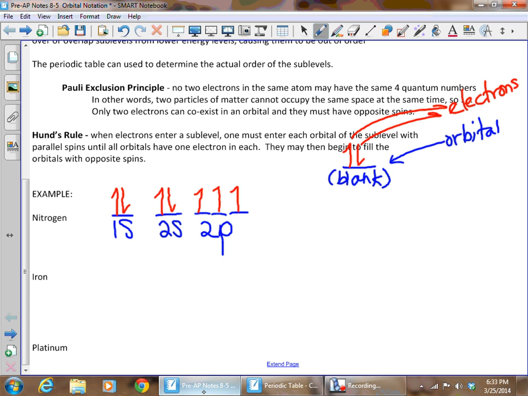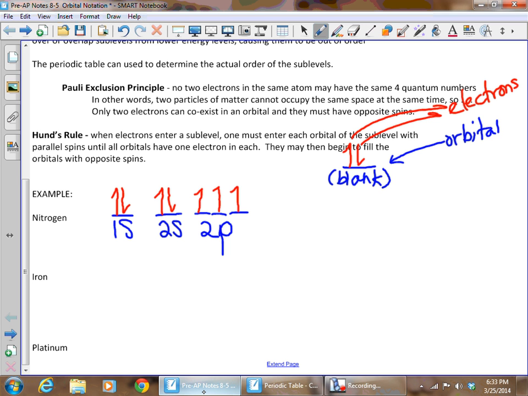If, for instance, it were carbon, we would simply not have the arrow in the last blank because carbon only has 2 electrons in the 2p sublevel. Just because there's an orbital there doesn't mean there's necessarily an electron in it. I'm going to draw these in green because I don't want you to write this down, but if this were